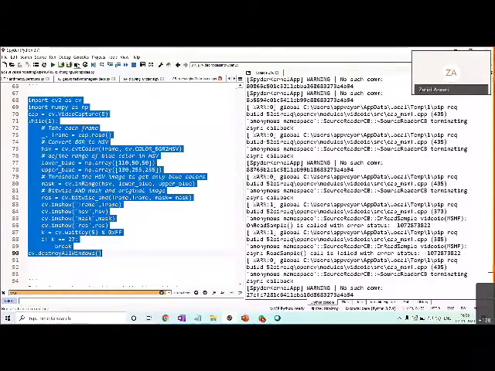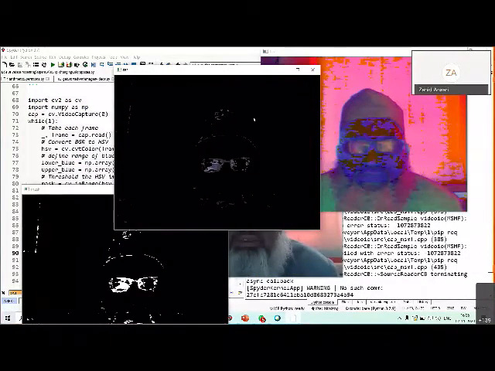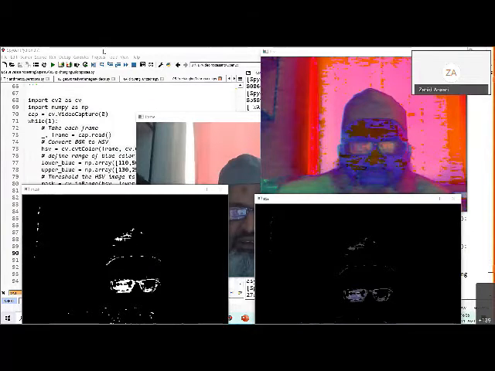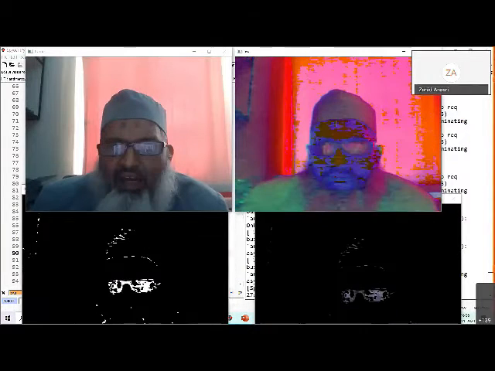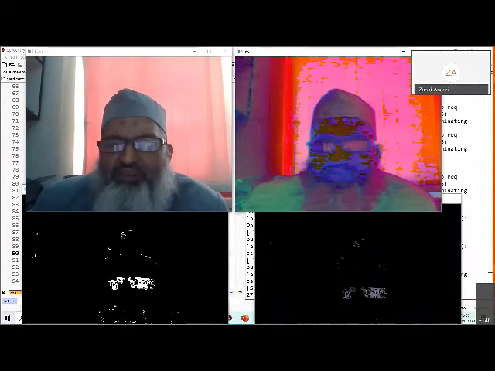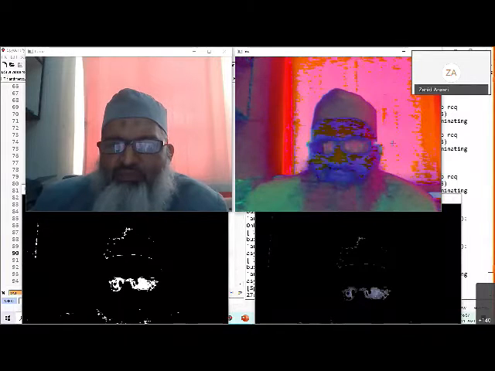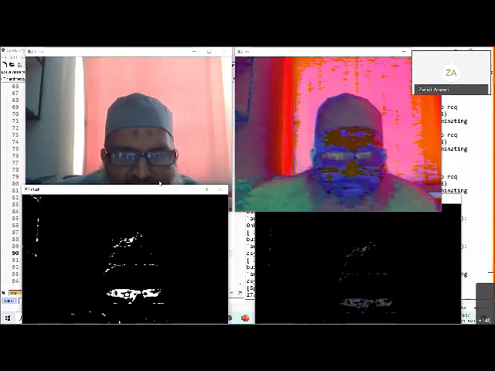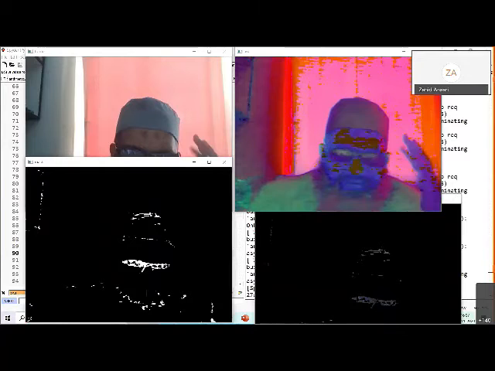Okay, so let me run this. Let me set it. This is the original frame, and this is the HSV. The top left is the original frame, and this is after we do the color space conversion to HSV. Then this one is the mask. See this bluish kind of thing, whatever is there. I think it's my specs and something on my cap, so I'll just take out my cap. Some bluish thing is there, and that mask corresponds to that, some blue kind of color you see.